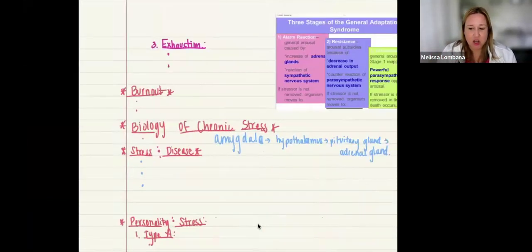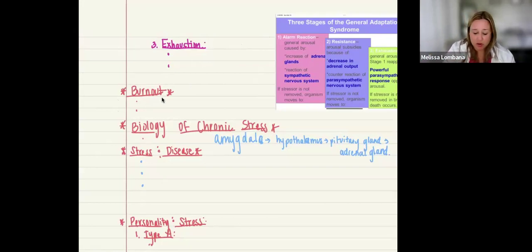And then the last section of the GAS, general adaptation syndrome, is going to be exhaustion. And this is where basically the person's energy has been depleted. All of their energy resources have been depleted. The body starts shutting down, and it's informing the person no more energy to fight this stressor. And this is usually why we either get really, really sick, or get really, really tired and sleepy. Now, if we do not listen to our bodies and allow the parasympathetic nervous system to do its work, then we can basically deplete all of our resources,